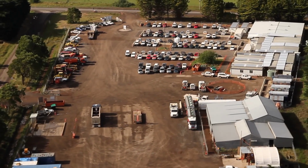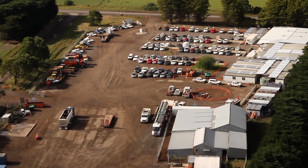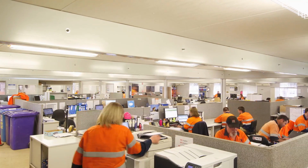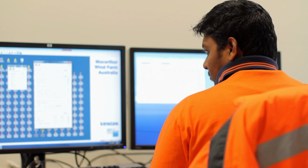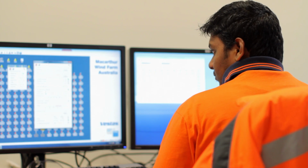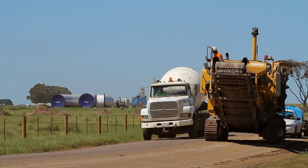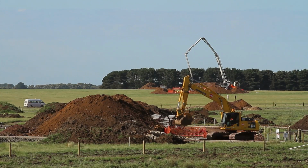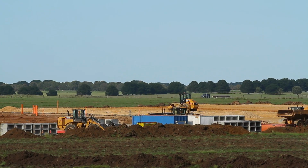We had established the site on 1743 Macarthur Hogsdale Road on the corner block. We brought our site accommodation in from the plant yard in Melbourne. We also had to establish communications through a communications tower, and we set up all of the IT and the power supply, which originally was from generators, and then we brought in a permanent power supply through Power Core. All of that had to happen in the latter stages of 2010 before we commenced roads and hardstand construction at